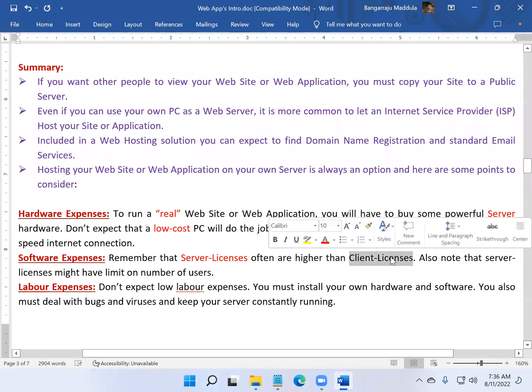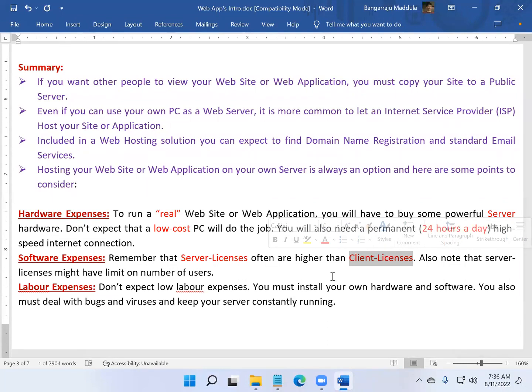Suppose on your development machine, generally, when you're a student, you install Visual Studio on your machine. What edition did you install? Community edition, free of cost. But once you go to a company and start working, where the company is earning money and you are earning a salary, you cannot use a community edition to build applications.